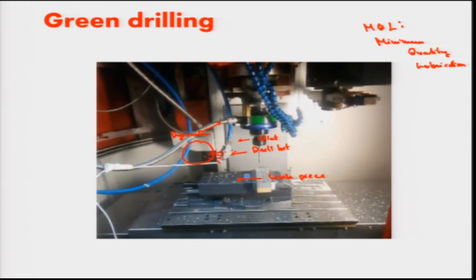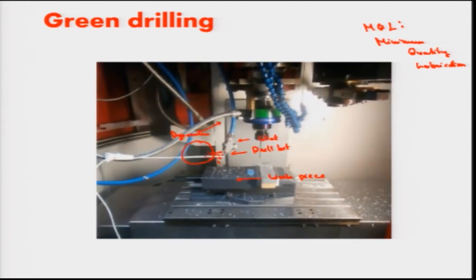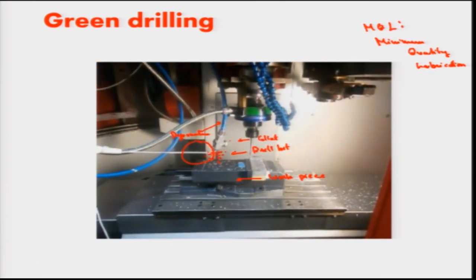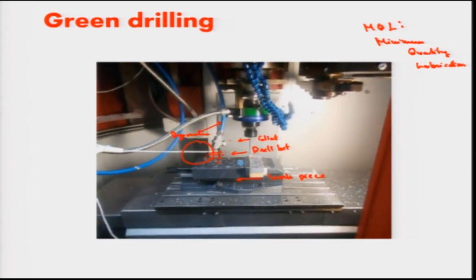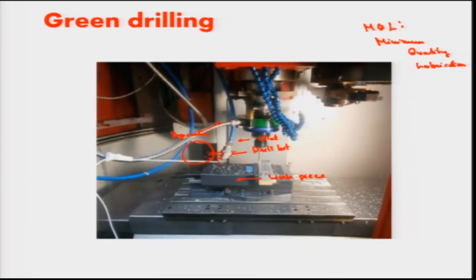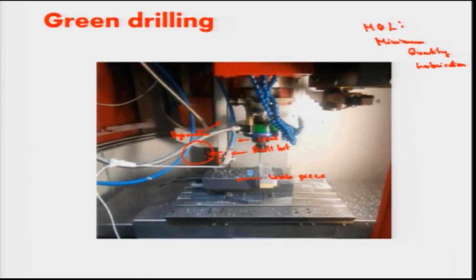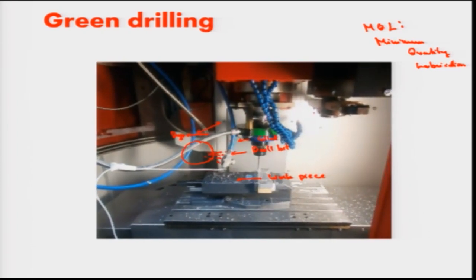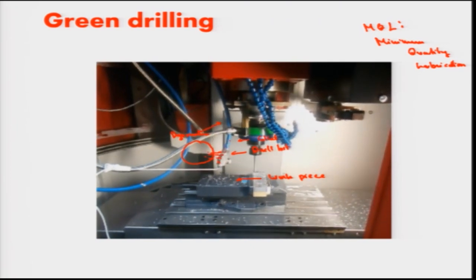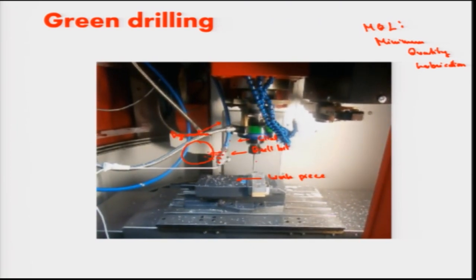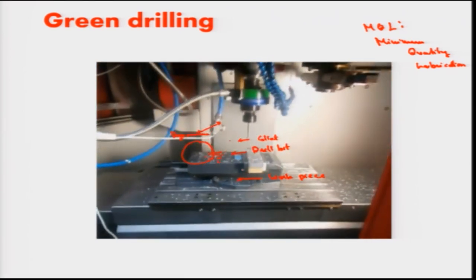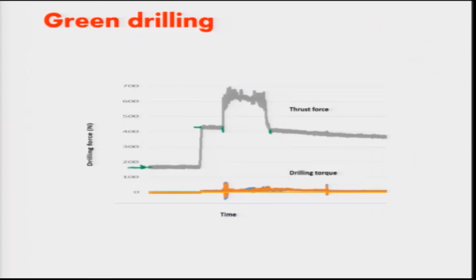Now this dynamometer is recording the data. When drilling is going down, two types of forces are happening. One is thrust force, another is torque. So both these forces are being recorded. This force in turn represents the energy consumption of the machine. Other parts of energy consumption are this bulb, and maybe the coolant system. We are using a pneumatic spray here, so that is not part of the machine, but yes, energy consumption is happening here. So this is the drilling process.